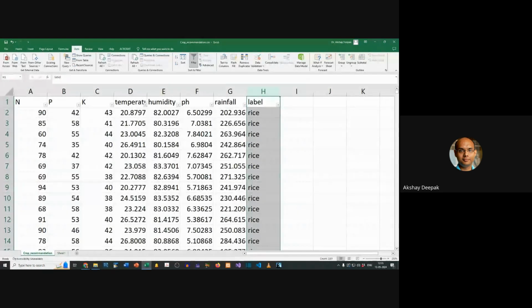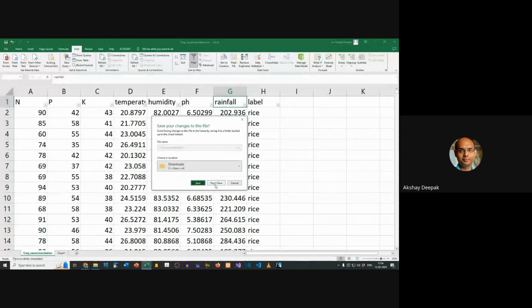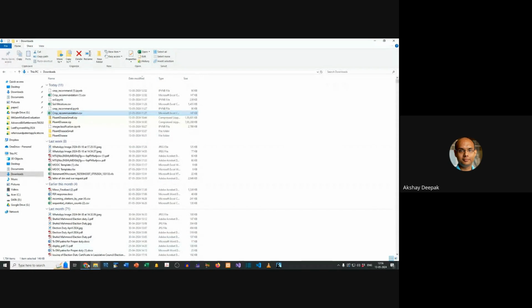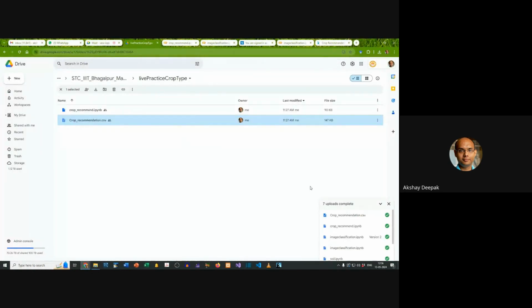Okay, so this is the data. So this is what the data looks like. We have to, I think this is the level of nitrogen, potassium, sodium, temperature, humidity, pH value, rainfall. And based on this, we have to recommend the crop that should be planted. I hope the task is clear to all of us. Right. So now,